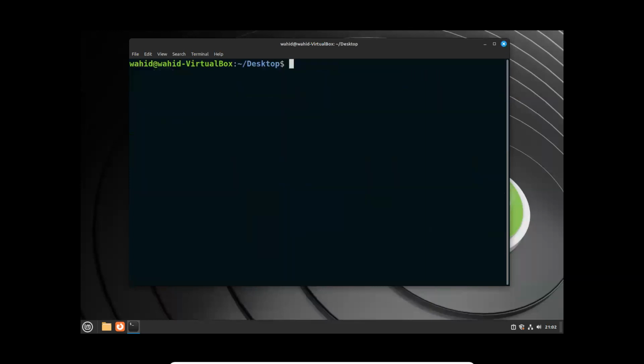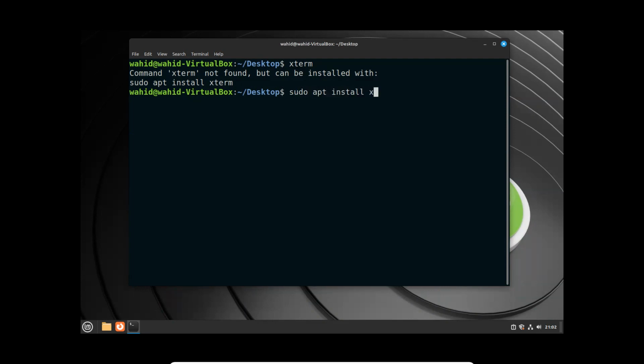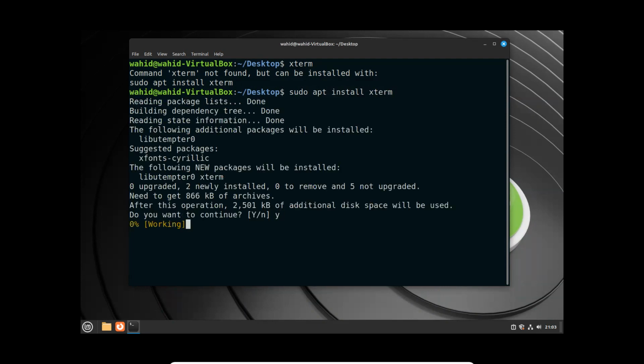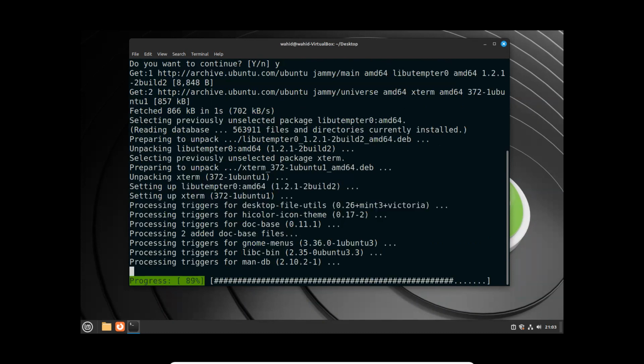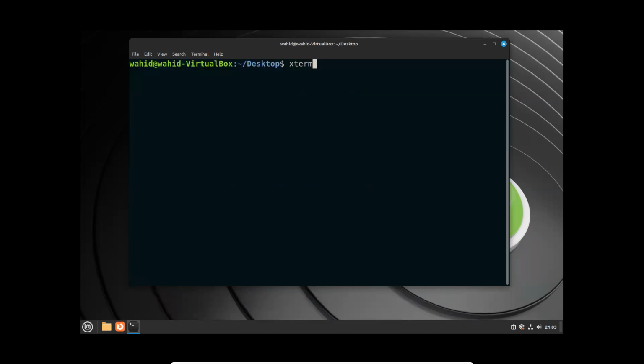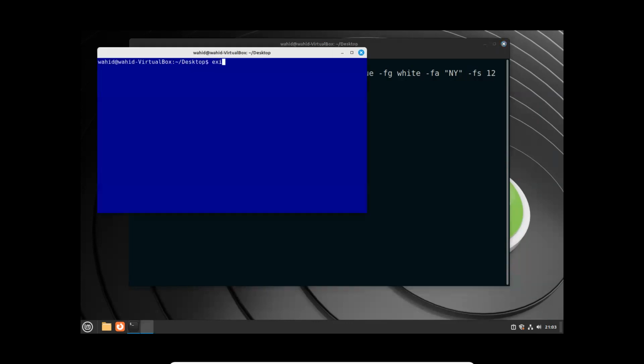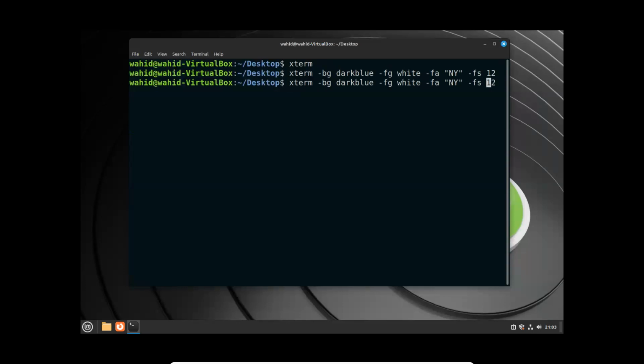At the same time, like xterm, if it is not installed, you just say sudo apt install xterm, and then that will install xterm. Now you just open xterm like other ones. xterm, and you can see it is there. xterm -bg darkblue -fg white -fa 'New York' -fs, let's say 12. You can just do that one, exit out, and then instead of this one, you say, let's just say